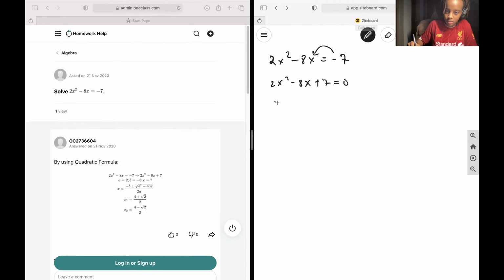So that would be 8 plus or minus the root of 8 over 4. Now let's rewrite this. We know that root 8 is equal to 2 root 2, so that's 8 plus or minus 2 root 2 over 4. And so finally, this would give us a final answer of x1, which would be